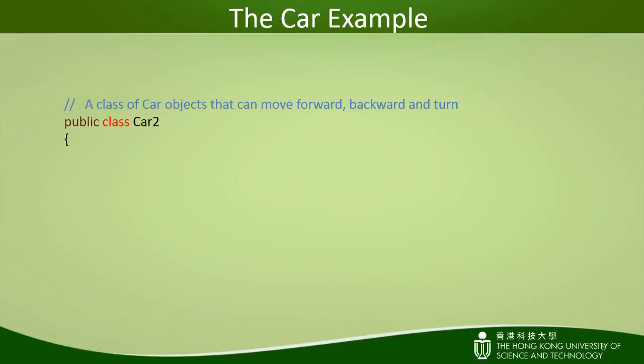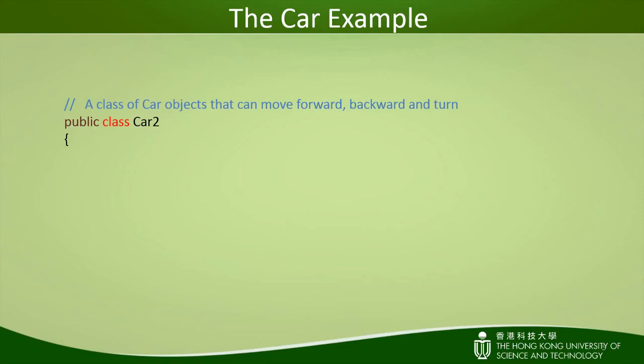In the previous car example, the definition of the methods move forward, move backward, and make turn simply print out a message on the screen about what the methods are supposed to do, instead of performing any real action. Now that we have learned about color image objects, let's try to modify the program so that it can perform